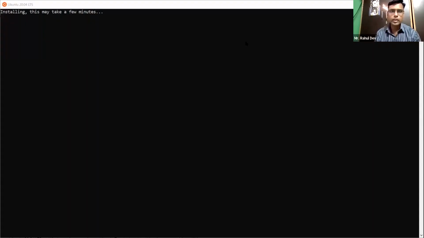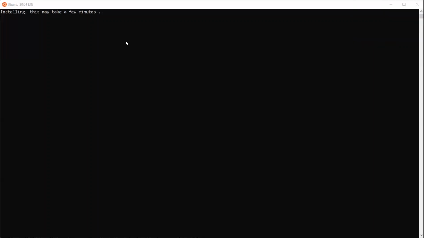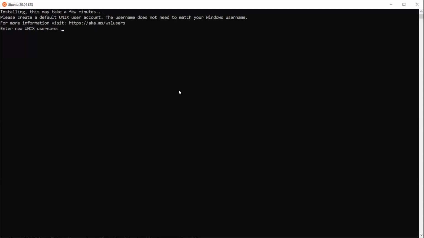This kind of screen you can have, in which installing may take some time. Hang on for one minute. So how many of you got a screen like this? You could install Ubuntu and you got a screen like this. Yes, two, three hands are coming up. You can stop him wherever you feel like. We expect you to do it side by side, and in case of any problem, we are there to help you. But because of the internet and other things, there are limitations, so it is taking some time. In the meantime, everybody can install. A lot of people are working with you, so they're also waiting. Now you can explain.